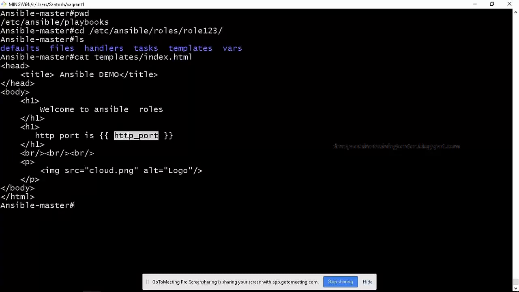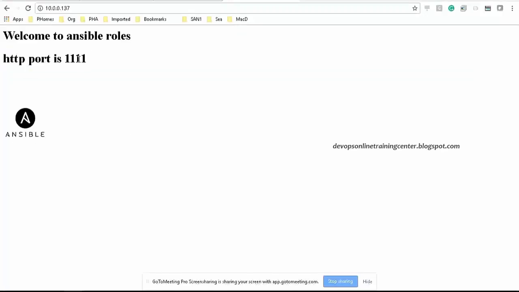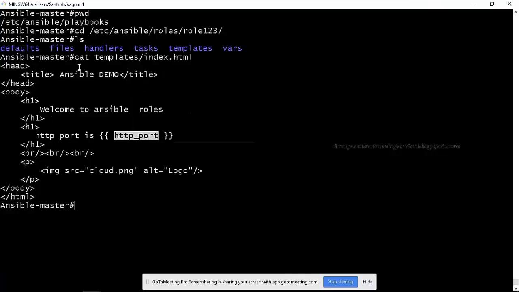It picked up this file and is showing it on the website, but this variable is populated with 111. From where is it populated? From the defaults directory. In the defaults directory I specified HTTP_port is 111. So from there it picked up and populated the variable.